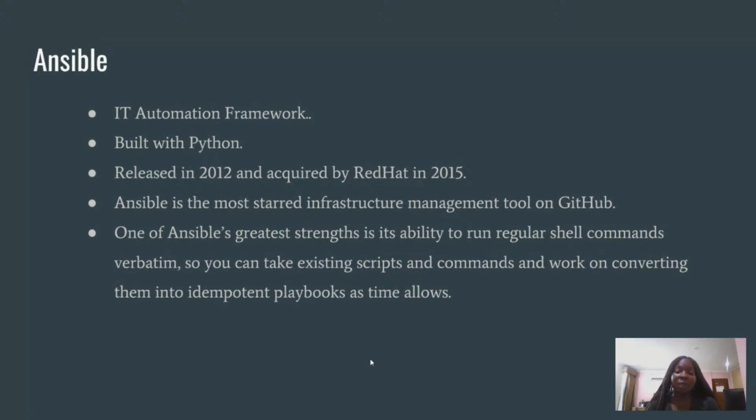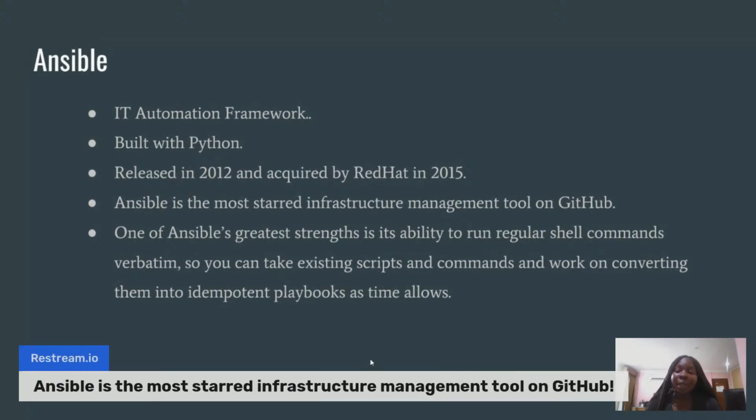If you want to use it, there's a large community and large resources on Stack Overflow and the rest. One of the greatest strengths of Ansible is the ability to run regular shell commands. You are not learning a different language when you are using Ansible. You're not learning Java or something. You're just using your normal command line shell commands, your bash scripts